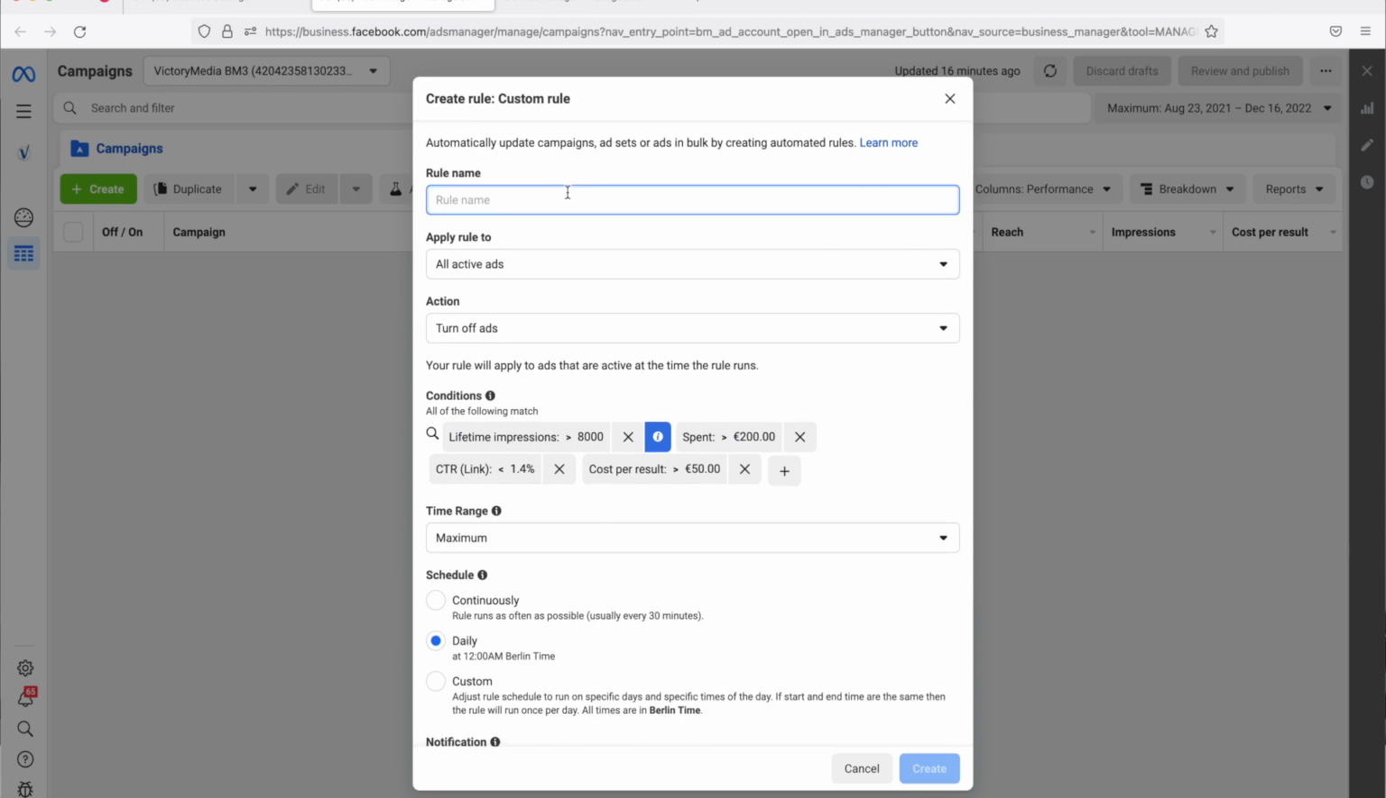So let's name this rule real quick. Turn off at $200 if CTR is below 1.4% and CPP is above $50. Because the reason why we want to definitely have the CPP in here, like this cost per purchase,